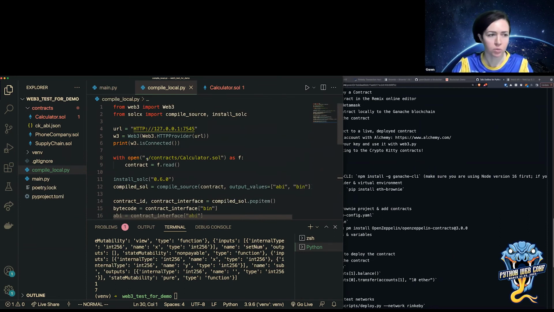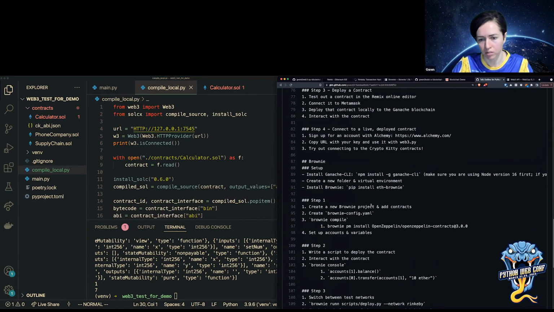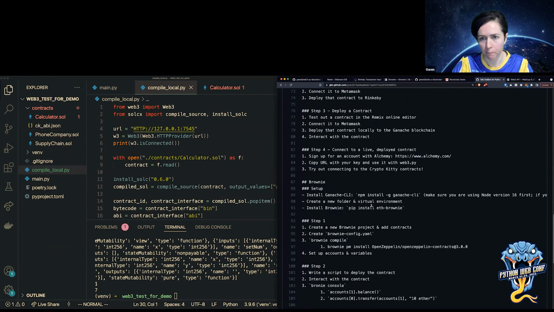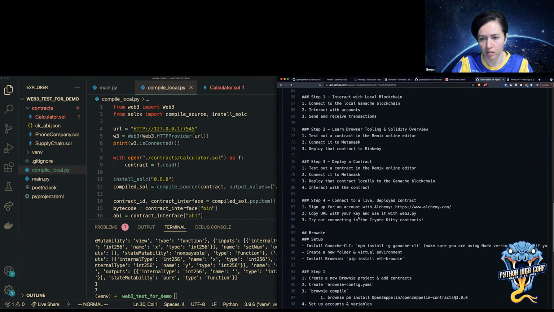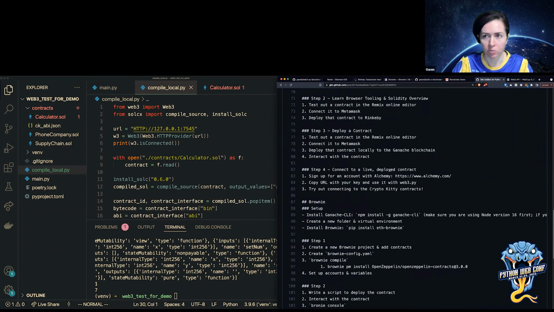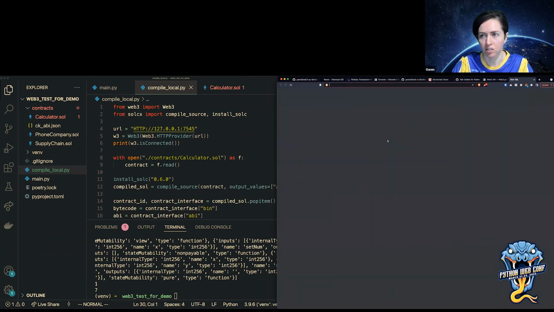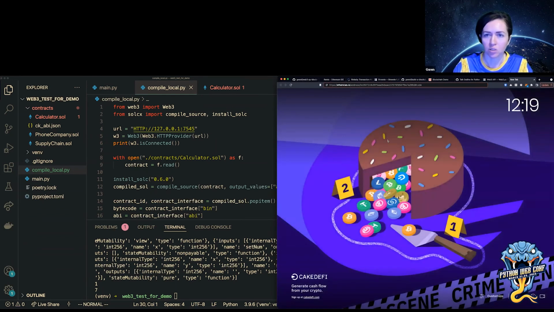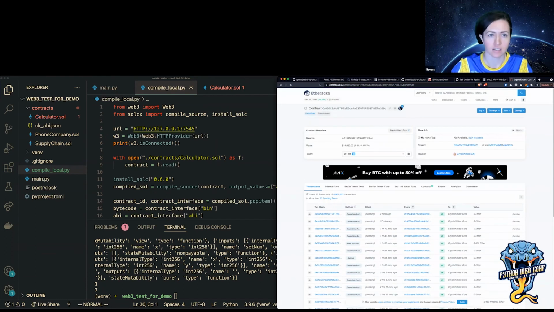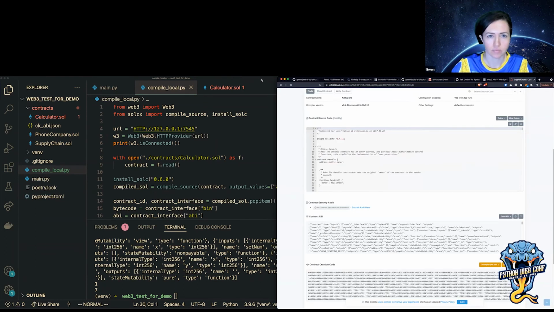If I had a remote contract, I don't know if I have it linked here. Yeah, if I had a remote contract, then I could go into something like Etherscan, and oh, I have one here. And I can grab the address and the ABI for that contract, and then I can interact with it in the same way. So I'm just pasting a link that I have here, or I can paste it in the chat too.